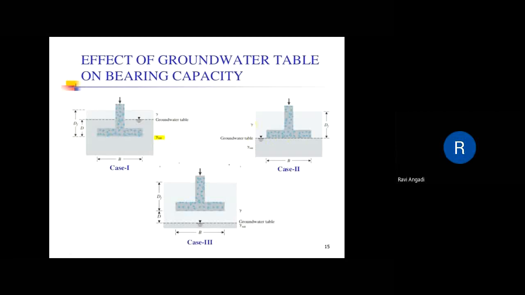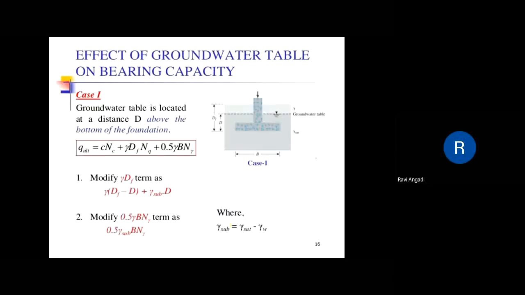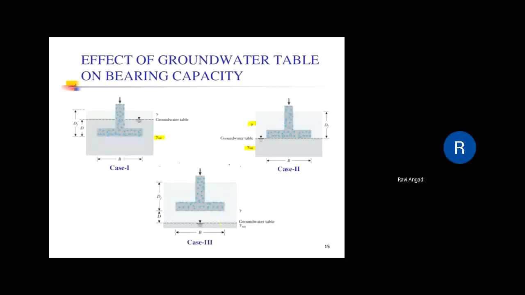Above the water table, the soil unit weight is taken as gamma, dry unit weight. So we have called in the equation as gamma 1. And below the water table, the soil is to be taken as gamma 2 or gamma saturated. Suppose the water table is lying below the base of the footing at a depth D, then it is partly submerged and partly moist, and suitable correction is to be made for the gamma and used in the equation to calculate the ultimate bearing capacity.